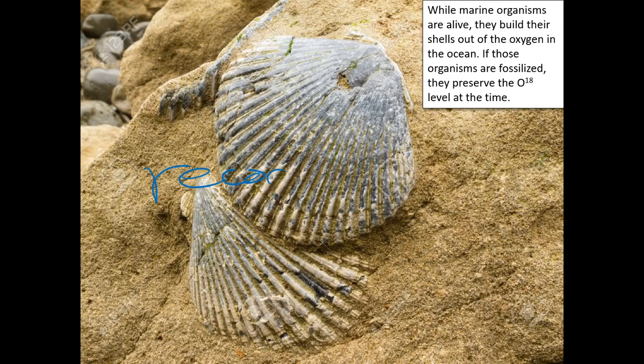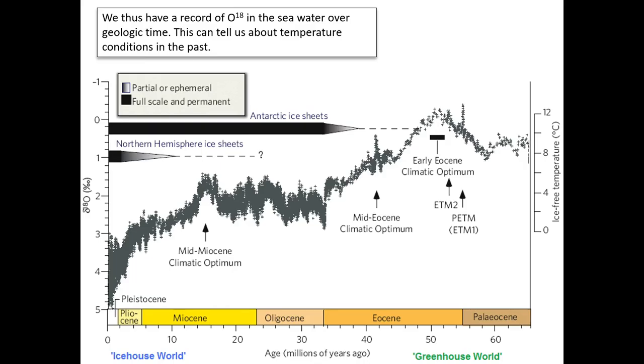This is a record of ocean O18 levels. Okay, which is awesome. I mean, it's really cool. We now have a record of what the oxygen 18 levels were over Earth's history. So that gives us an idea about what temperatures were over Earth's history. Okay, and we can correlate that with the fossil leaves and things like that that are more qualitative, to figure out what temperatures and what the environment must have been like throughout Earth's history over the course of